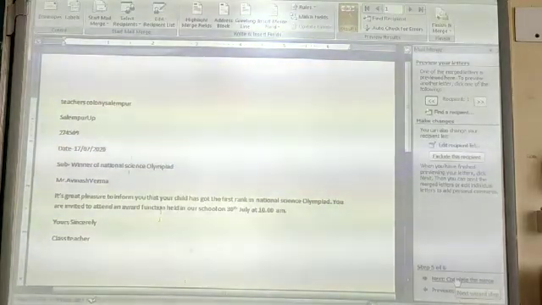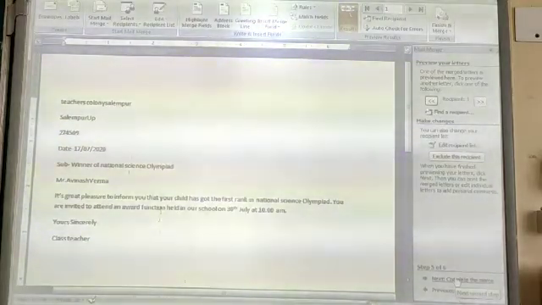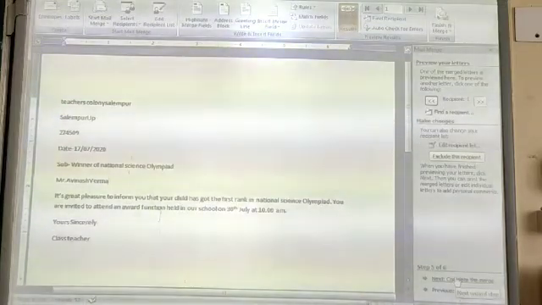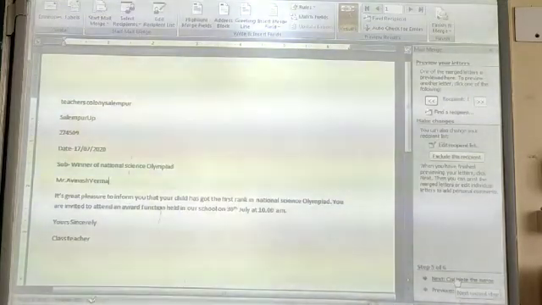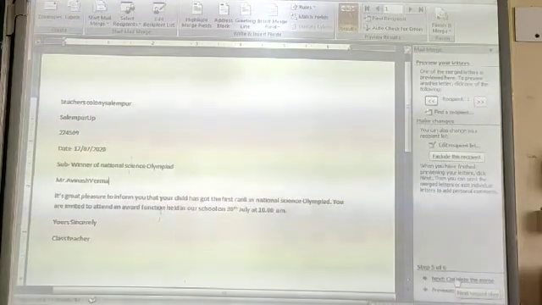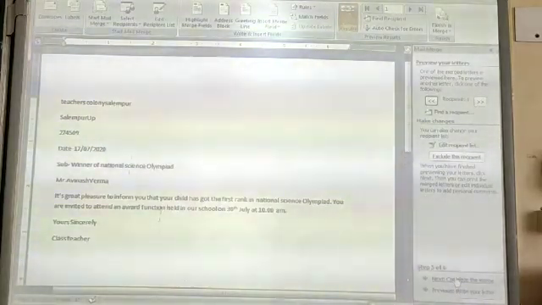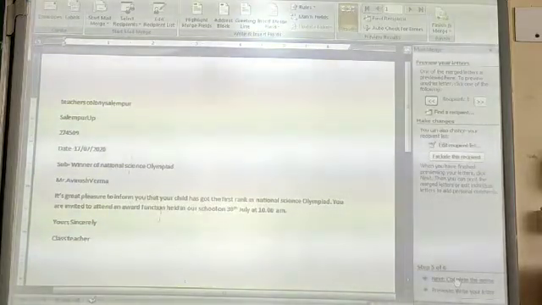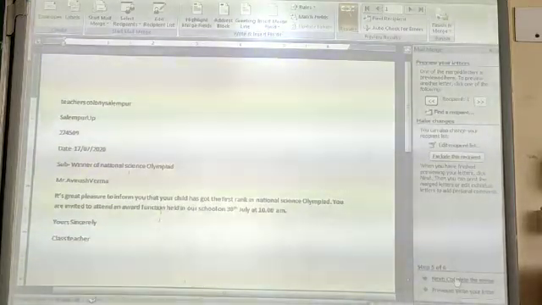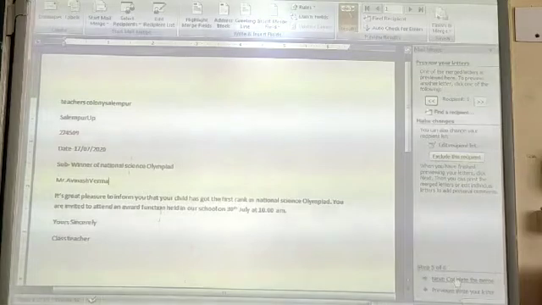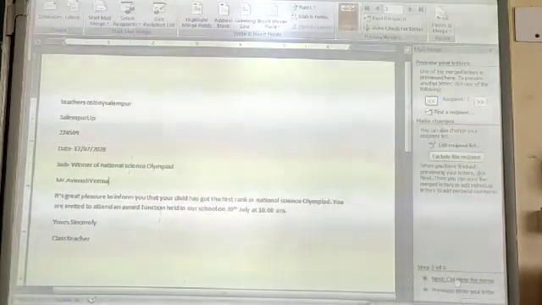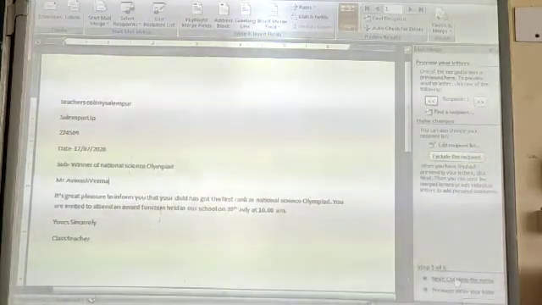The first line shows the address of the receptionist to whom you are going to send, like Teachers Colony, Salempur, the name of the city, the name of the state, pin code, date, subject, and then the name of the first receptionist. It is showing you the name of the first receptionist.